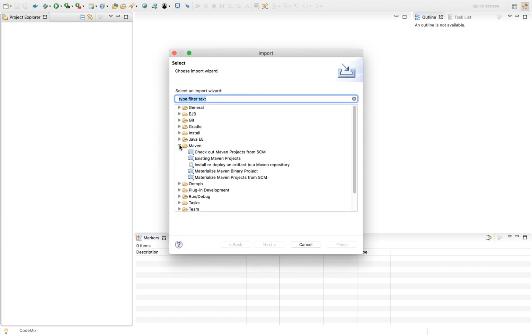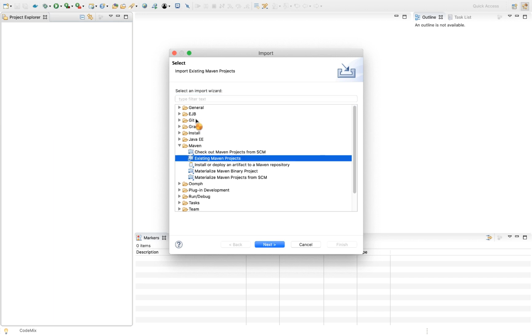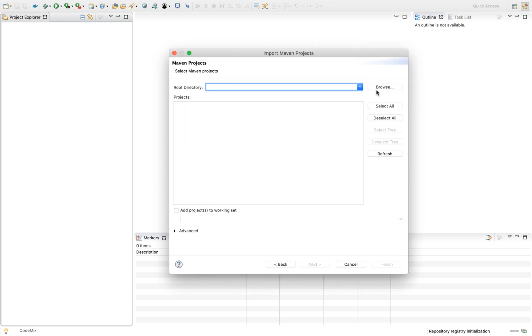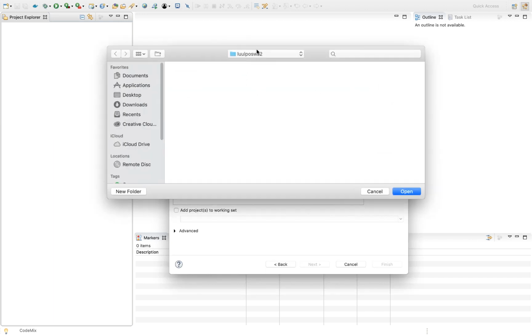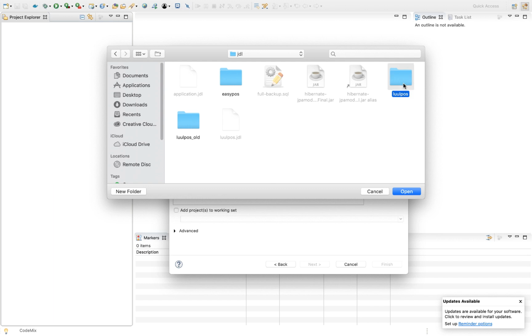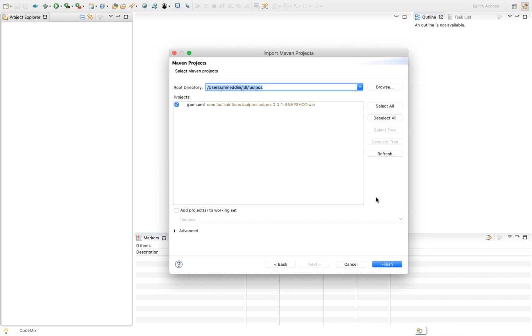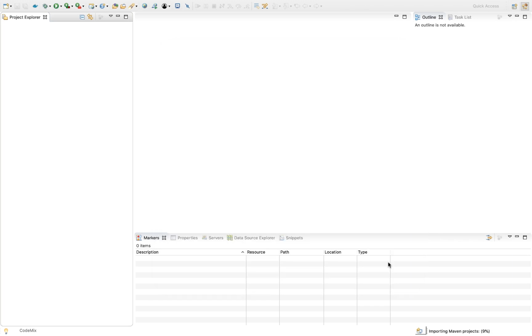and it's a Maven project. Obviously it's an existing Maven project, let's say, and then I'm going to browse to the JDL folder that was under my JDL there, and it's that application that we have generated right now. Sorry, my laptop's overheating. Okay,